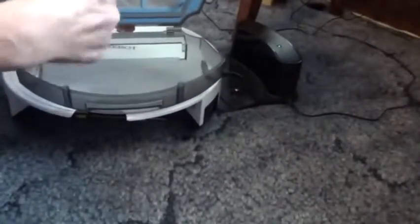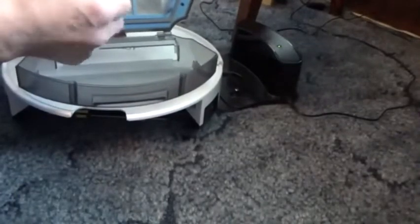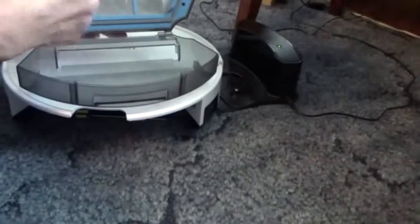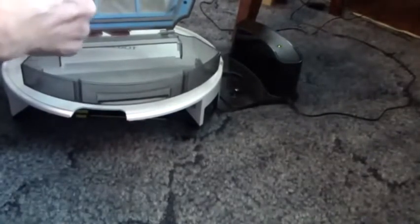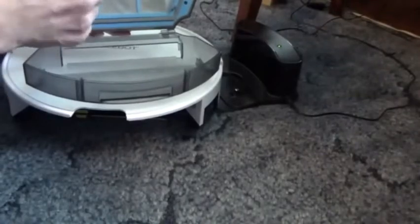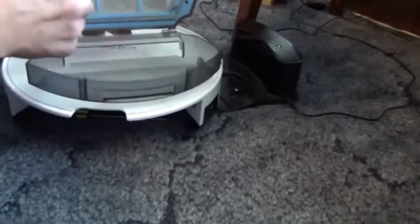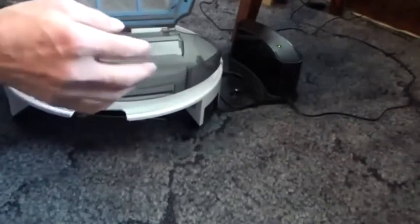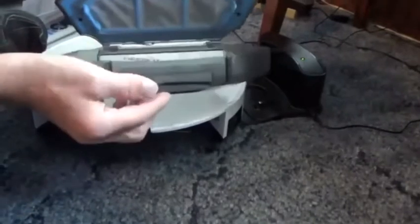You have a button that you can push right here. Releases your dust filter. And then you can open this up, pull this out. Behind this, there is a mesh, sort of a black foam kind of filter, pre-filter. You can rinse that off and rinse this off. And then inside there's a white filter. We'll take a look at another one. There's a spare that comes with it. You don't want to get that wet. But the other stuff and the whole thing you can kind of rinse out, less that white filter. And that is how you clean